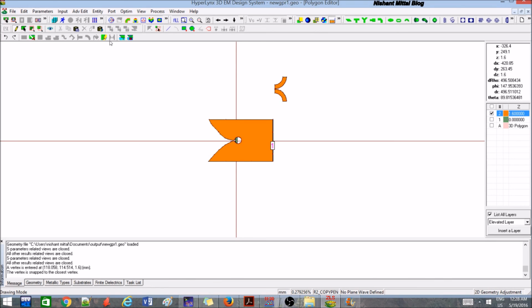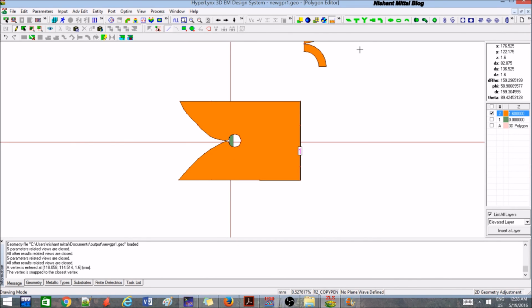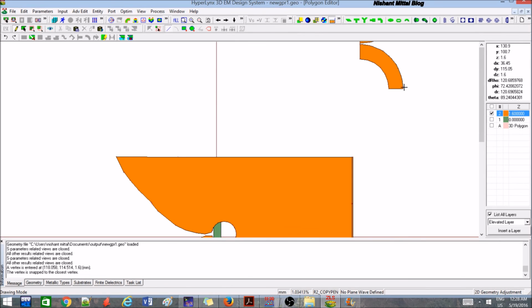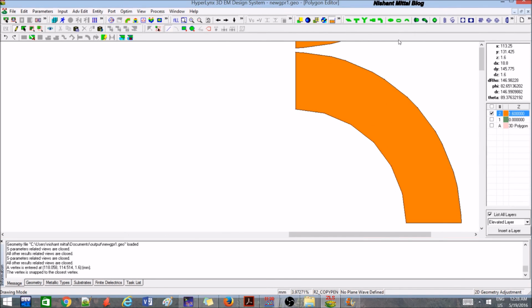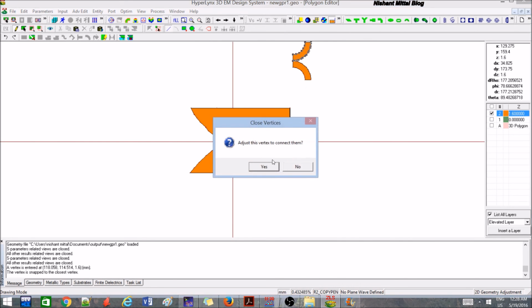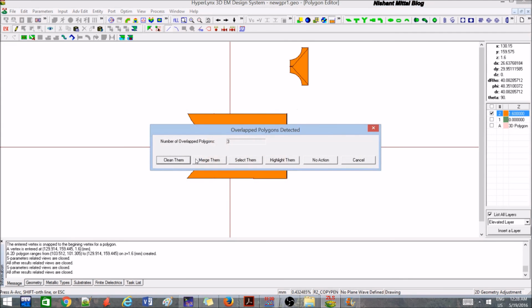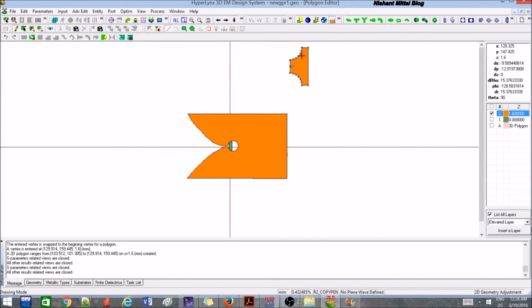So what you can do is, first of all, before doing that, you will have to do some merging of the polygons. So let me merge these polygons. Okay, so I merged it. Now you can see that it's a very smooth surface. Alright, so we can simply select this thing,